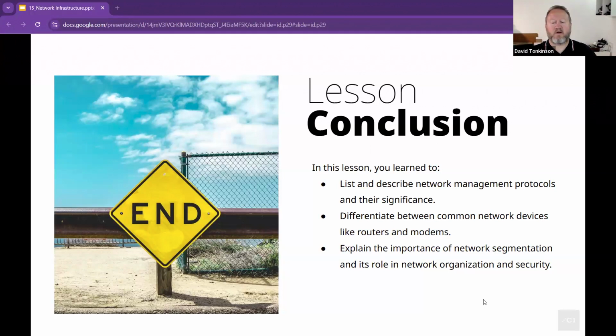There are differences between common networks, devices and routers, so we had a little refresh on some of that. And we explained the importance of segmenting networks. We talked about VLANs, as well as subnet masks for separating networks. And we talked about our DMZs, which is like our super secure area behind our network that basically looks after itself. You have to step through another firewall to get onto those systems. That's where we were hyper protective about the communications and the devices in those particular areas. So it kind of runs us to the end of